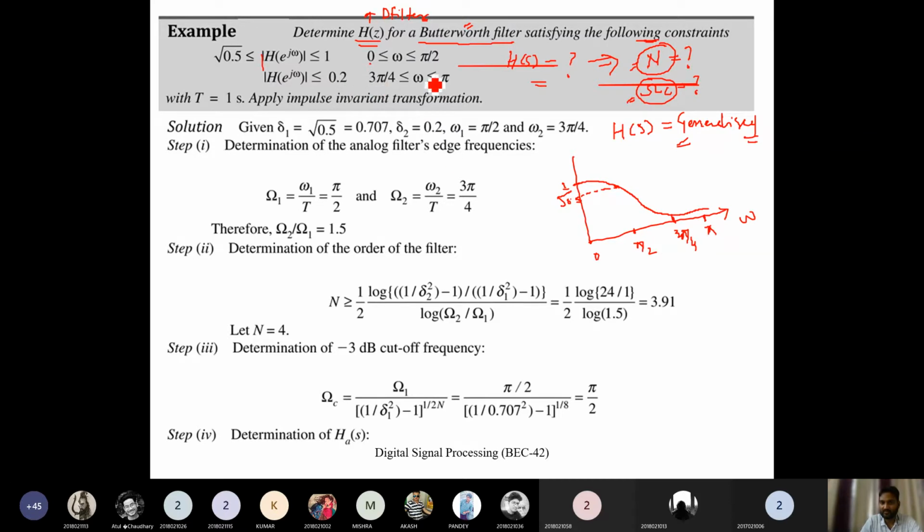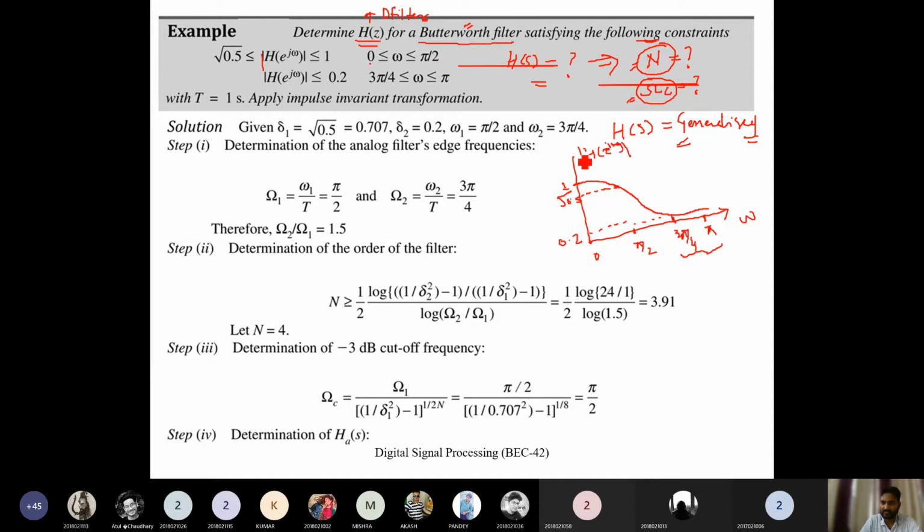So between this value to this value, it is less than this, means this value will be equal to 0.2. Okay, because in this range, the value of the magnitude mod of H of e to the power j omega,